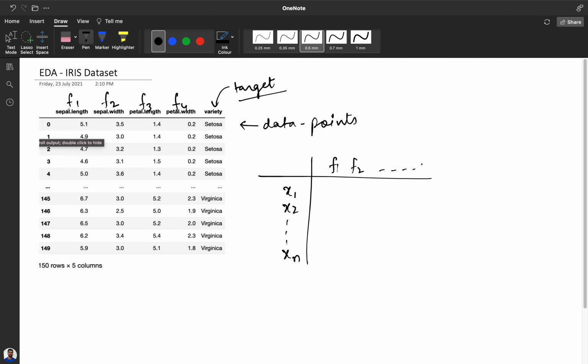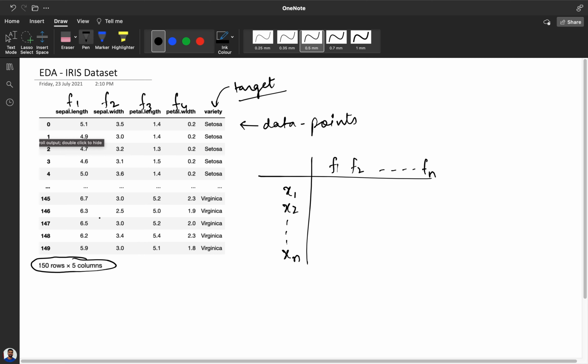I hope you understood how a data frame looks. Over here you can see it has 150 rows and 5 columns. That means it has 150 data points and 5 columns, that means 4 features and 1 is our target.